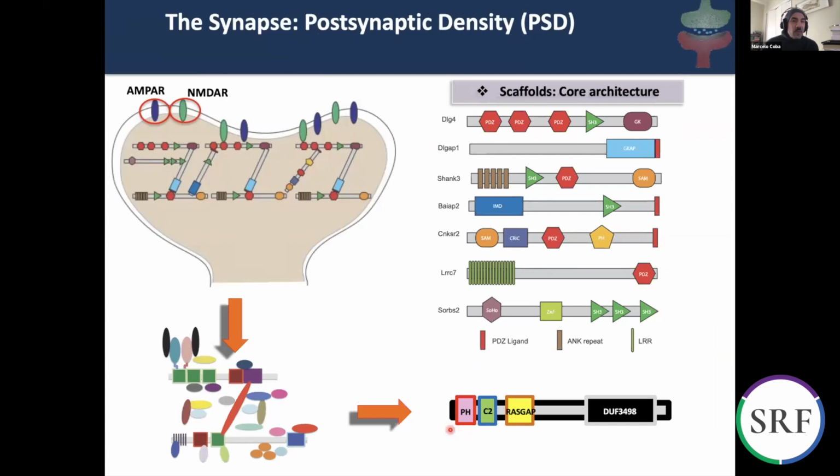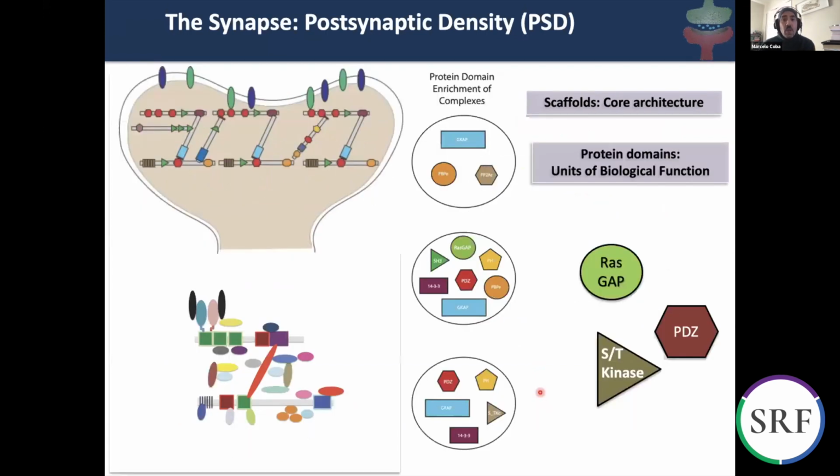So this is a more detailed view of the kind of protein domains that you have. It doesn't matter much which one is which, but you can see all these shapes and colors showing different domains that can bind different proteins. And SYNGAP has a collection of some of these protein domains as well. Mostly, we study SYNGAP through only three of these protein domains. One is the RAS GAP domain, the PDZ ligand, which binds to PDZ domains, and serine threonine kinase domains